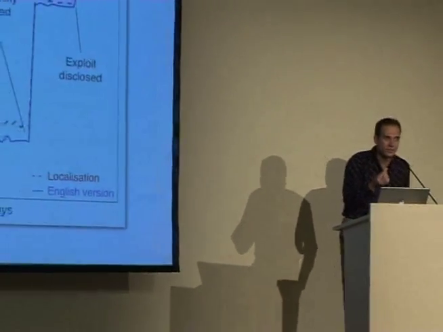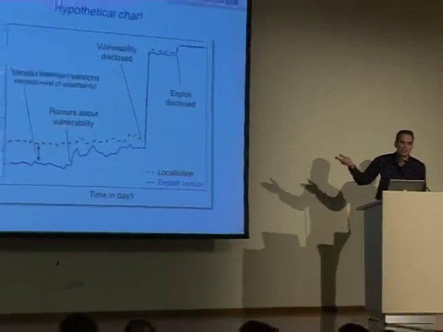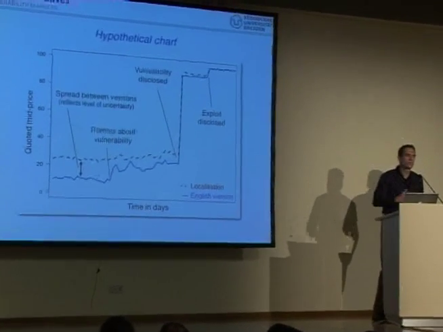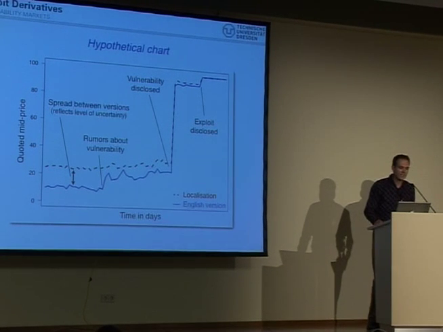It's also interesting how we can use this information as a measurement, if we have different versions, so if we issue different contracts for different software versions. Look at this. Let's say the blue line is the English version, whereas the red dotted line is a localization. You see that at the beginning, the localization is considered less secure, and we can compute the spread. And the spread between these versions reflects the level of uncertainty, and that comes from the fact that, for example, the localization is not as well examined as the English version or as the standard version, because it is deployed in many more cases and much better